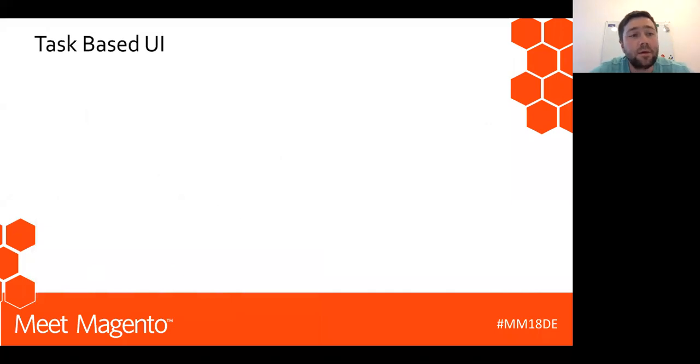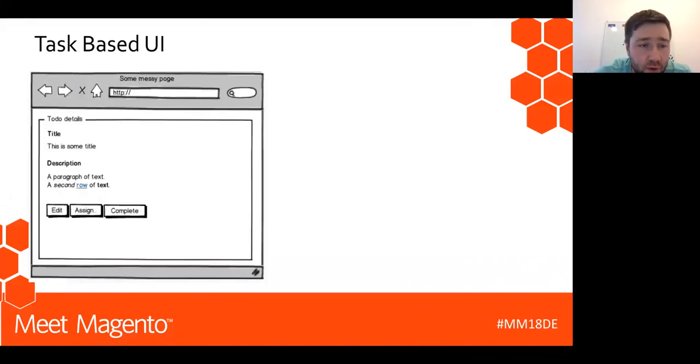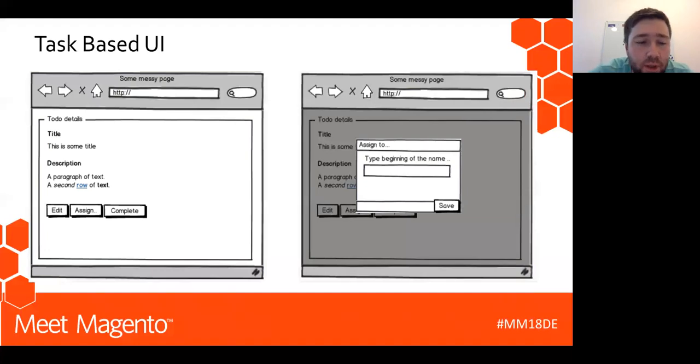And contrary to the CRUD-based UI, we can have a task-based UI. In a task-based UI, a similar task can be implemented with, let's say, different buttons, and each button represents a particular action. So here we can assign people to the task, or we can complete the task, or we can make some editing. For example, if we press the button assign because we want to assign some people to the task,